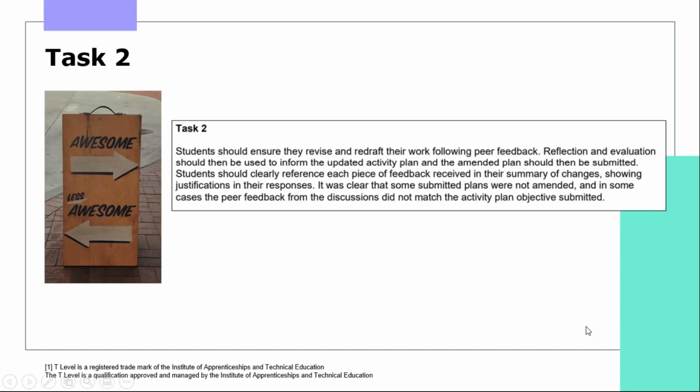So moving on to task 2, the summary here includes a recommendation that students should ensure that they redraft their plan based on the peer feedback and suggestions. So as Janet said earlier, practice giving feedback to each other and how to use the feedback effectively is going to be useful for the students here. Reflection and evaluation is also important. And as Janet said, these are skills they're going to be expected to use in the studies and in the industry.